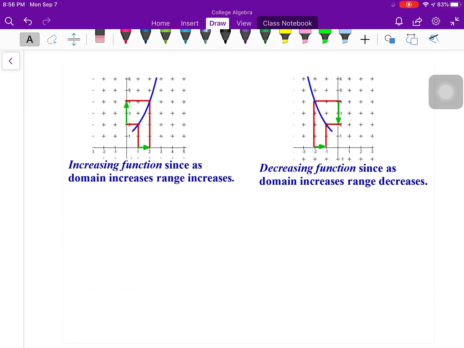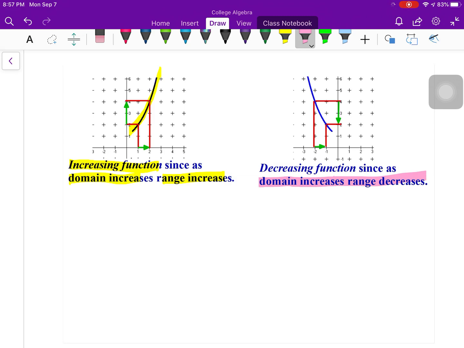Functions are also known as increasing or decreasing. If a function is increasing from left to right, it means as my domain increases, my range increases. So if you look at this function going left to right, it is increasing. The part of the function that is decreasing means as your x's increase, so going left to right, your y's